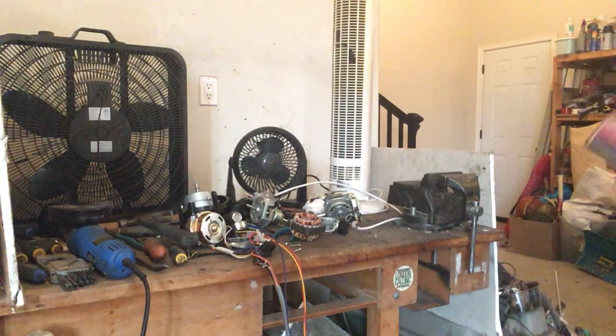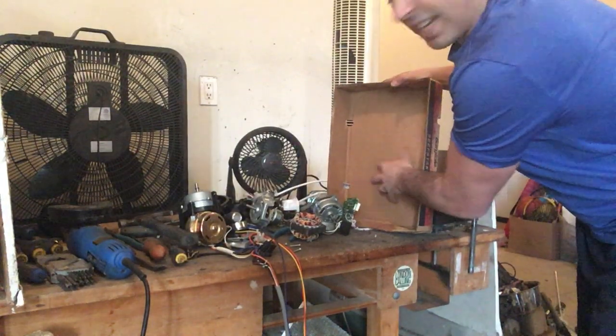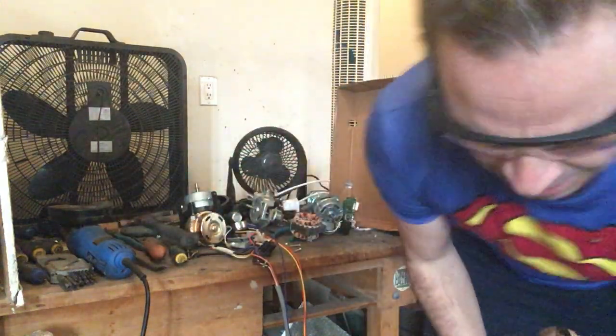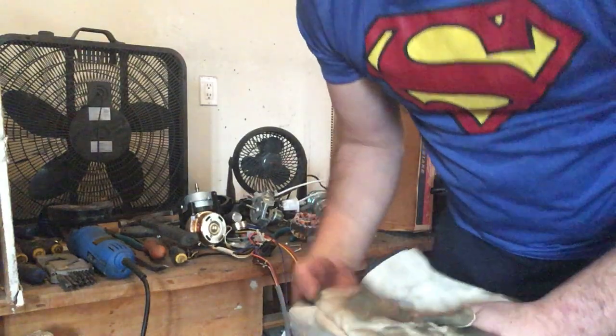I've been in the middle of cleaning up my garage. It's become very messy, but I will use this as a catch basin. And again, I'm just going to show you very simply how to cut this wire. And I use different angles because,